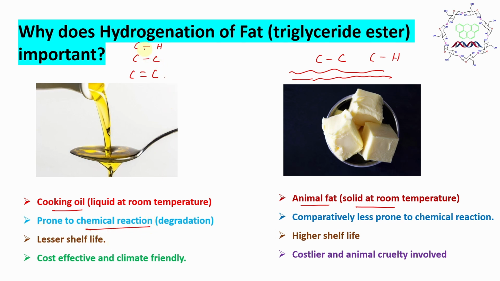If you look at C-H versus this carbon-carbon single bond, these two are sigma bonds, and a sigma bond is chemically less reactive than this pi bond, because a pi bond is made of parallel or sidewise overlap of the p orbitals, and the electron density involved in the pi bond formation is weakly attracted by both of the nuclei. Consequently, this loosely bound electron density results in higher reactivity, or being prone to chemical reaction, meaning degradation, from a biological perspective.